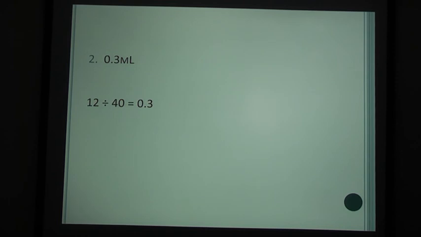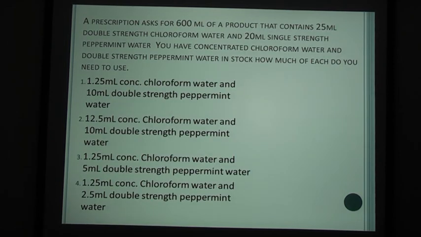Going to do one last question. Prescription asks for 600 milliliters of a product that contains 25 milliliters of double-strength chloroform water and 20 milliliters of single-strength peppermint water. You have concentrated chloroform